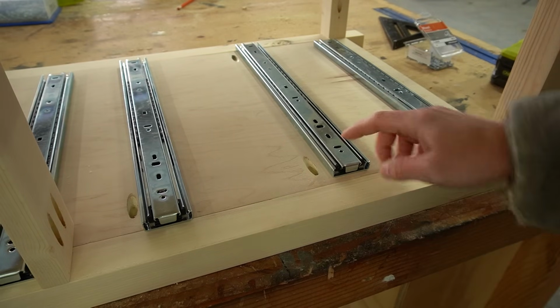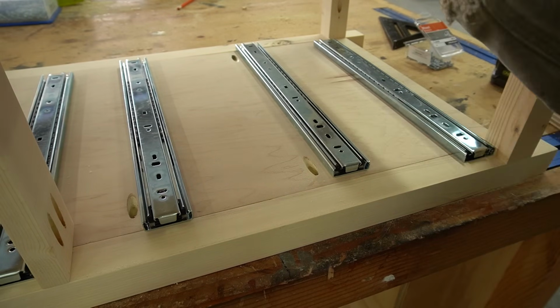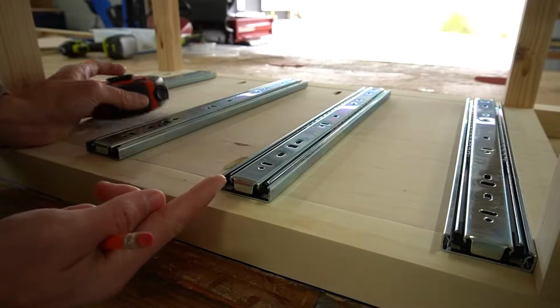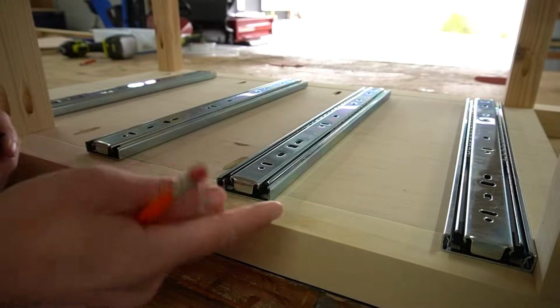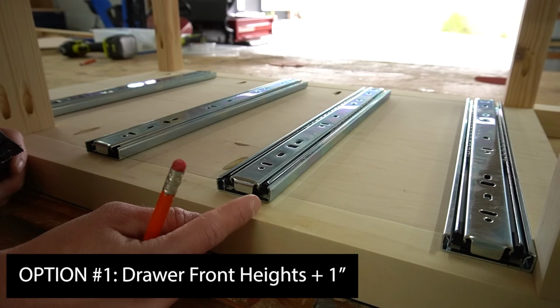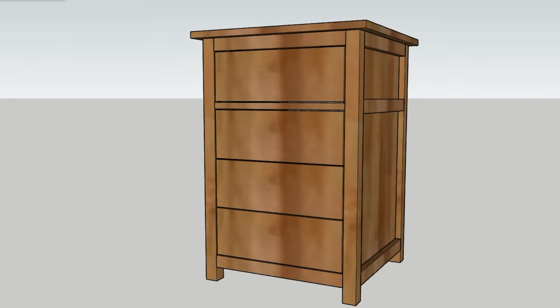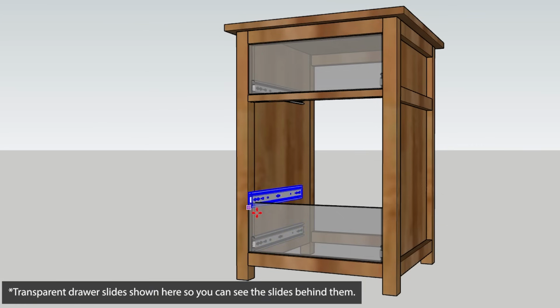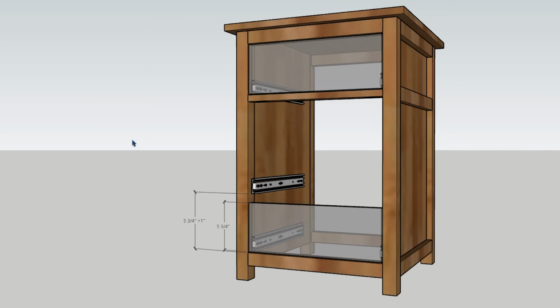the cabinet. So since there aren't any individual frames between all of these drawers, I need to measure where this slide needs to go. There's a couple ways that I typically do this. One way is that I'll just take the height of the drawer front below it and add an inch. So in this case, my drawer front heights are 5 3/4 inches. So I'd position the bottom of my next slide up 5 3/4 plus 1 inch from the inside of the